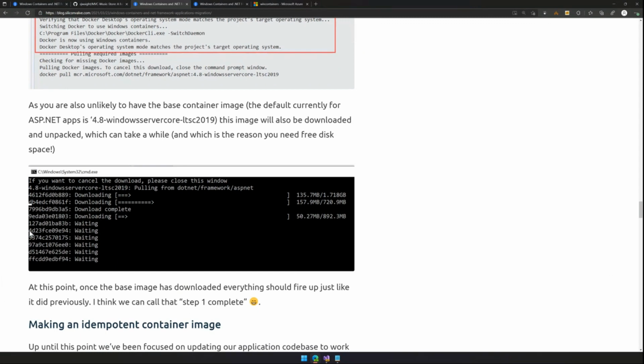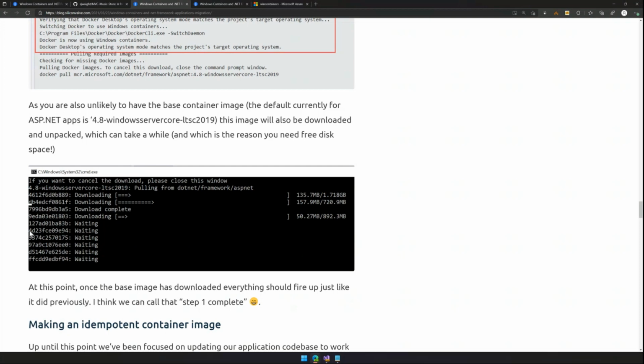Now, this is where it gets fun. If you've not done this before, this is probably where your internet connection and your developer machine need to be not slouchy, shall we say, because what will happen is you'll actually pull down that base image, which in the case of some of the Windows Server images can be in the gigabytes, and download those to your local Docker host, and then have that as the base image locally.